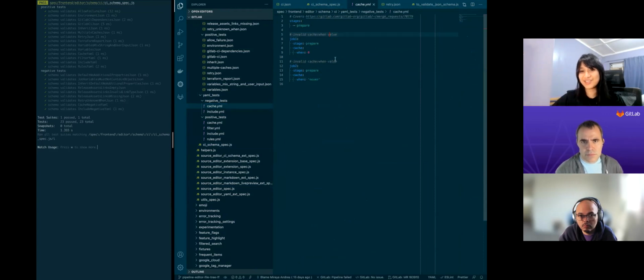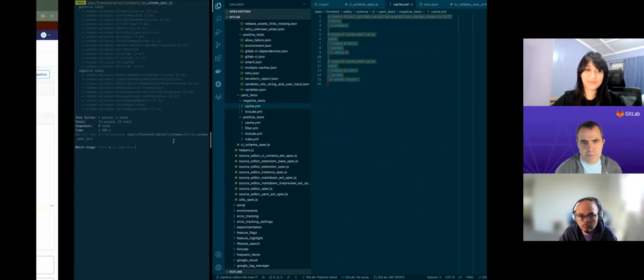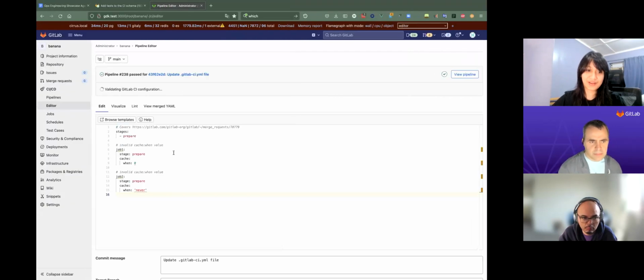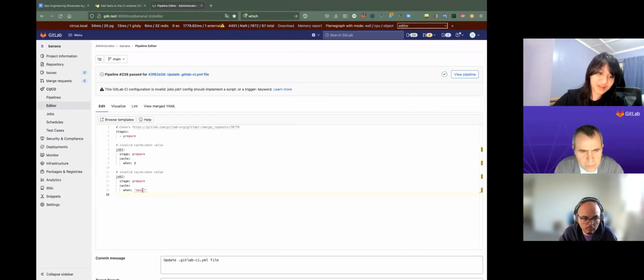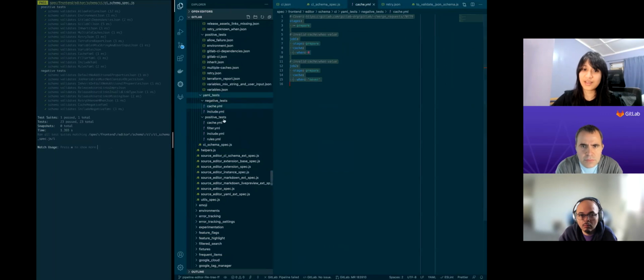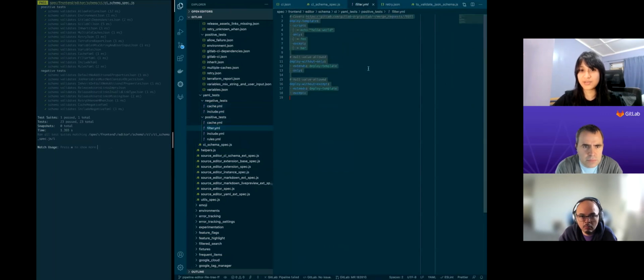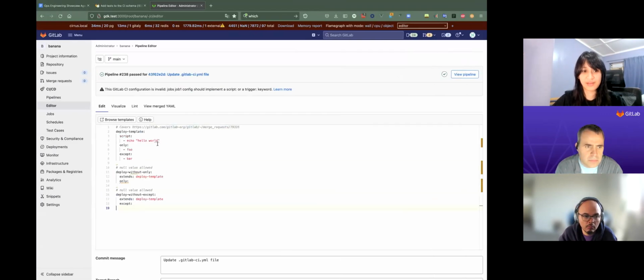Like you could just copy paste this and put it back here in the pipeline editor, and it's... oh, it's not going to work now, because... is this an invalid test? Oh yeah, because it's a negative test. So if we copy paste a positive test back here in the pipeline editor, it's going to work